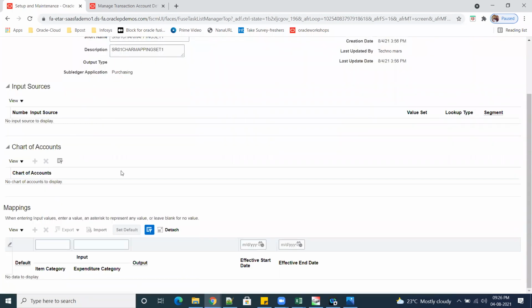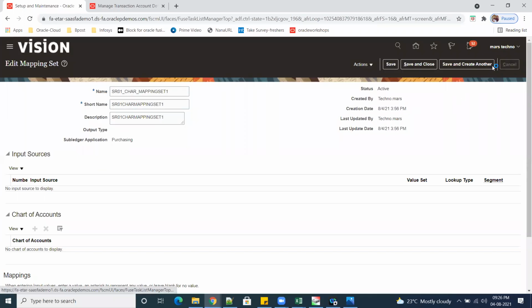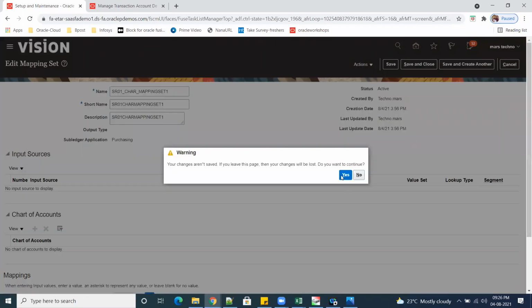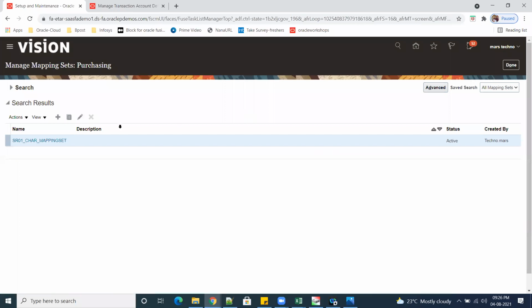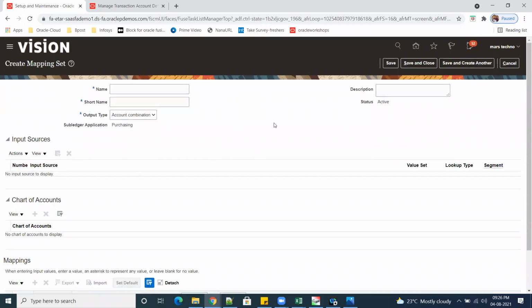But why did it not come anything? Okay, we create a new one. Sorry, duplicate also won't work. So click on plus. So that is the problem. Category, we have to select expenditure category.